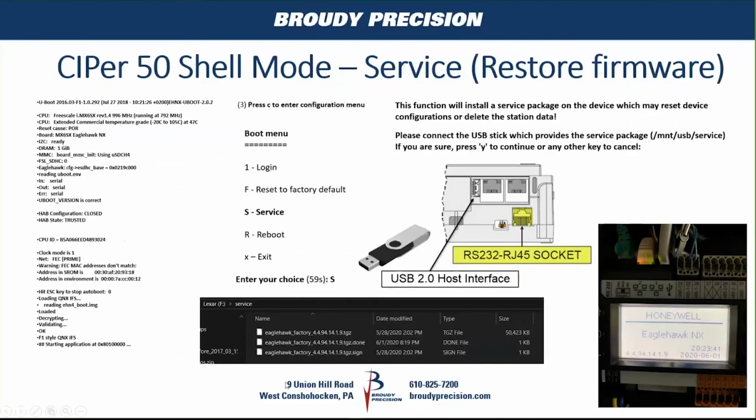The USB stick, and you'll see here is a screenshot of my USB stick. Forget the middle one there, the .done. That file actually gets put on there once you do your upgrade. So if you do your upgrade and you forget and leave the stick in there, if you go back and